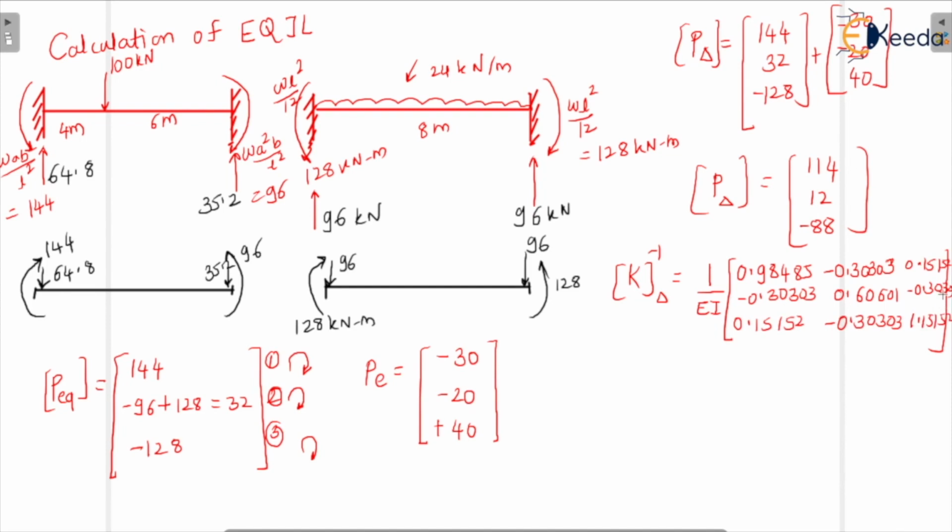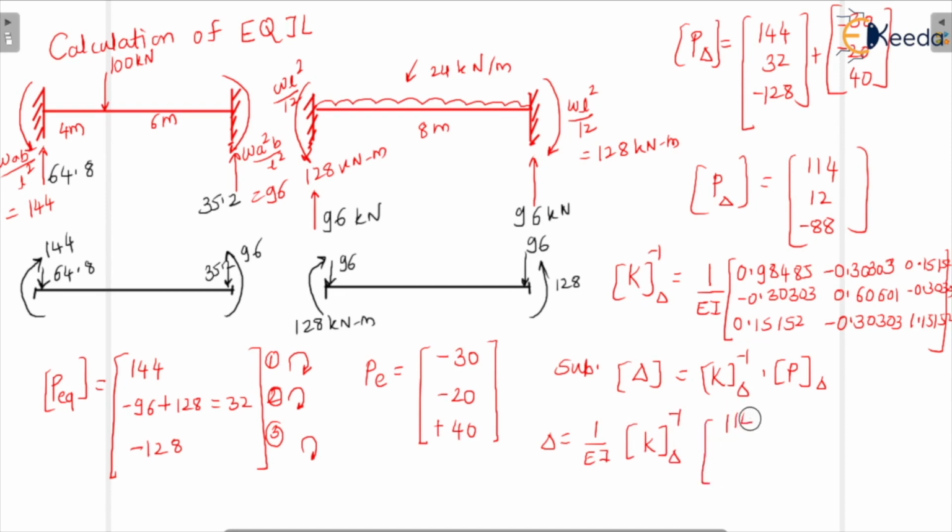Okay, so once you get the K inverse value, then substitute all in the formula: delta is equal to K inverse, K delta inverse into P of delta. So delta answer we get as 1 by EI when we multiply the above matrix. Again, I'm not just rewriting it, it is the same matrix we have to write into this column. So that is 114, 12, minus 88. Okay, so when we do this, finally we get delta is equal to 1 by EI